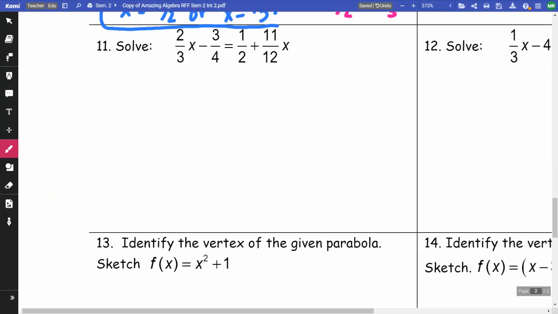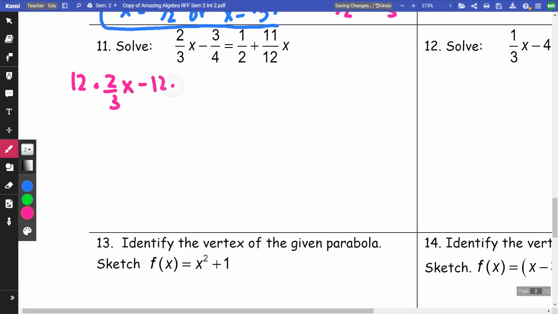On 11, we're solving this equation. We want to get rid of all my denominators. So I have a 3, a 4, a 2, and a 12. I want to multiply by something that gets rid of all 4 of those. So I'm going to multiply everything by 12. So I'm going to go 12 times 2/3 x minus 12 times 3/4 equals 12 times 1/2 plus 12 times